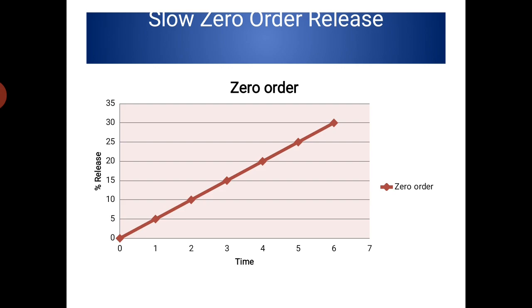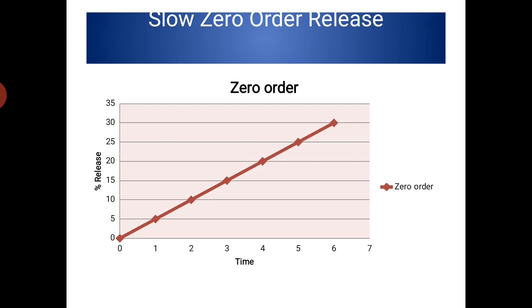I mean, it's a long duration for a drug molecule to attain this target, and we cannot make the patients wait 24 hours to get the steady state concentration. It's a long time. So what happens? If it is the case of a shorter half-life, it can easily attain the steady state concentration. Whereas in the case of a drug molecule with a higher half-life, it takes a long duration for attaining the steady state concentration.